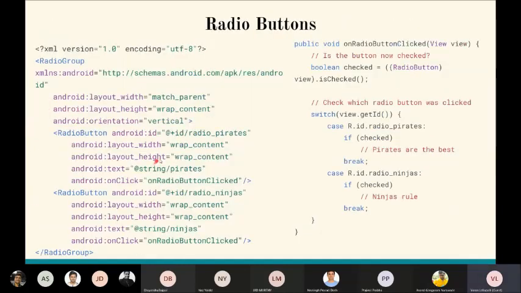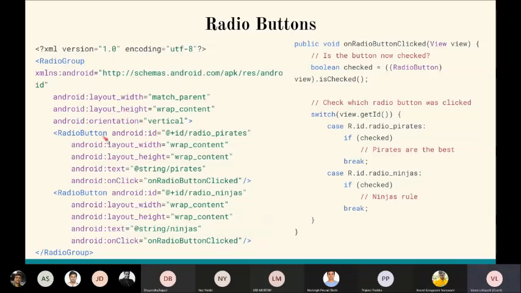And coming to radio buttons, it is entirely the same. We have a radio group first. Radio group is nothing but, let's say, this is again vertical or horizontal. We have two options for radio group. In the earlier application, I showed you what are you studying: BTech, MTech or PhD. That is a radio group. You can create one more radio group which asks what is your gender, male or female. So that is one more radio group.